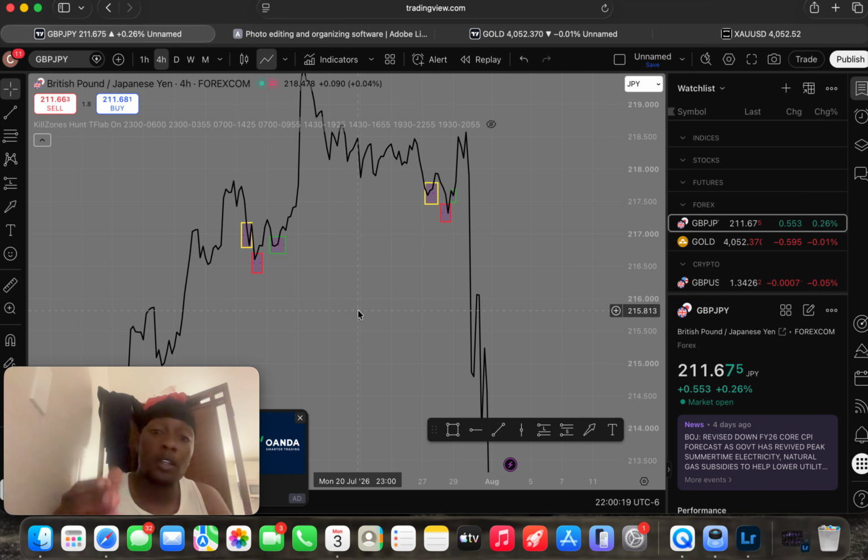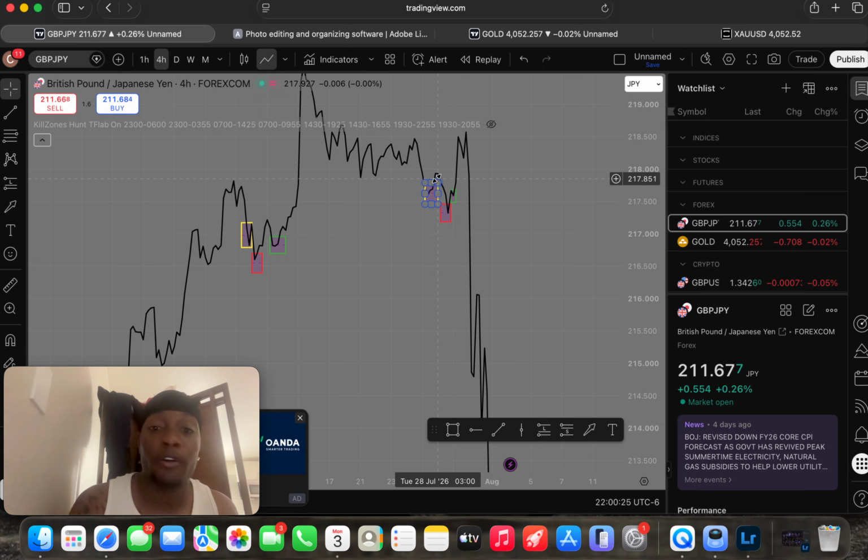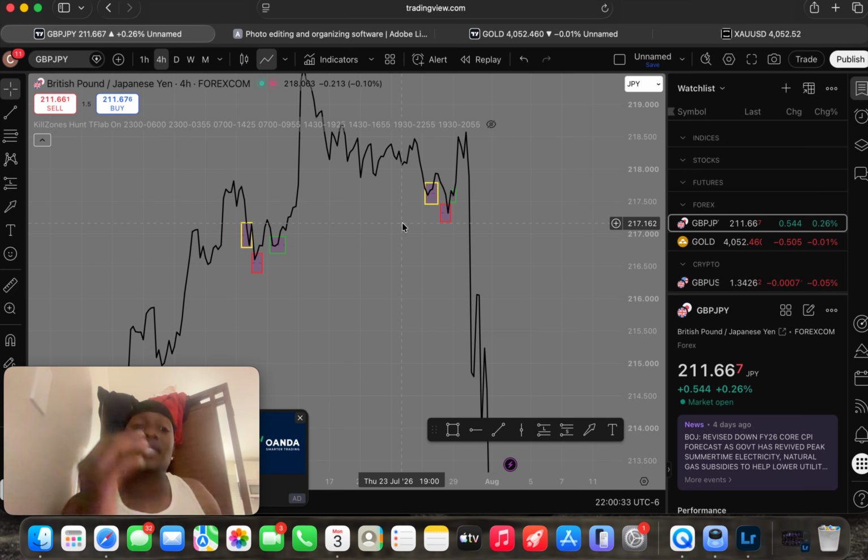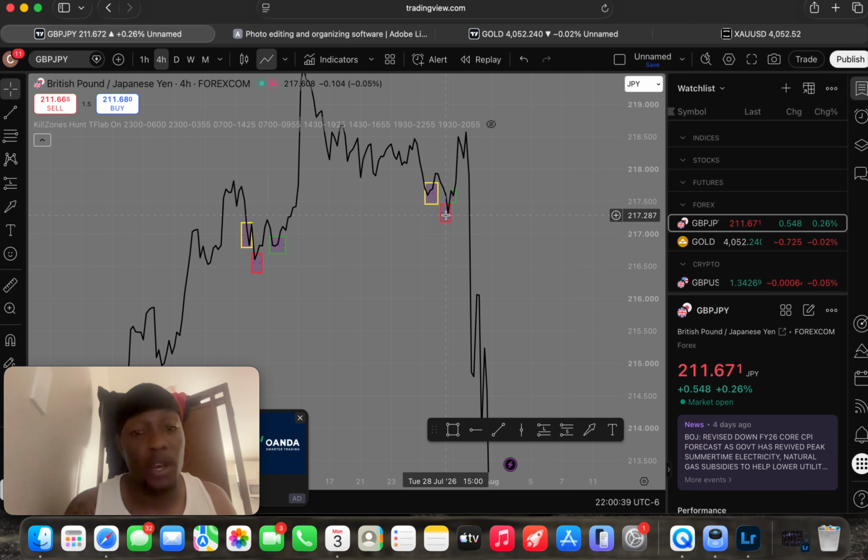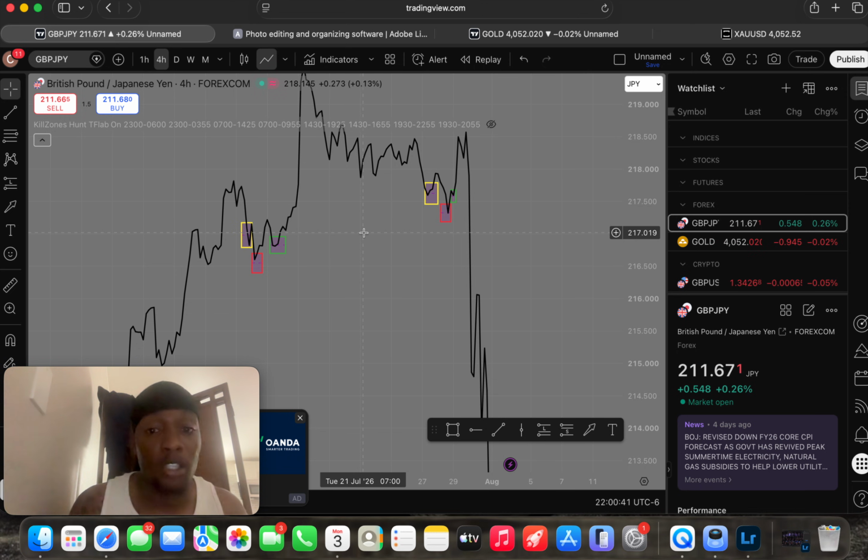The sweep takes money slash orders, because if you place in right here to buy up, you're gonna put your stop loss right here. That's just how normal traders think. That's what they would do. So their money is sitting right here. That's liquidity. So the sweep will take liquidity to move to where it wants to go. Once that liquidity is taken by this red box, which is called the sweep,